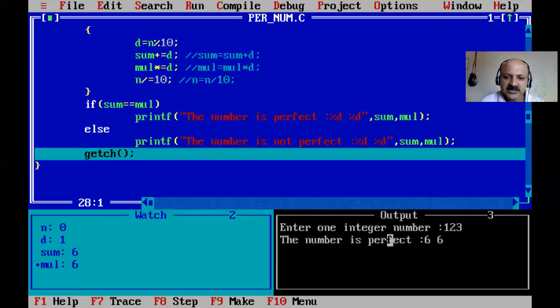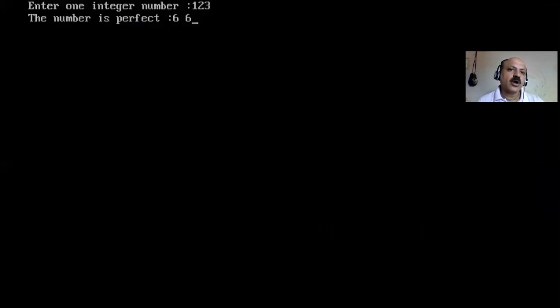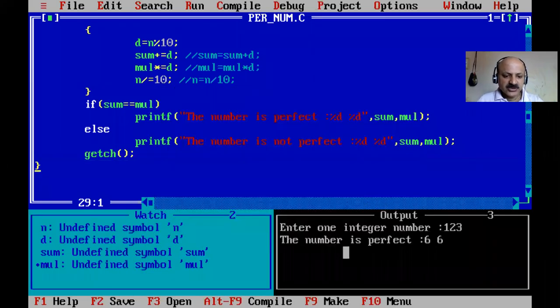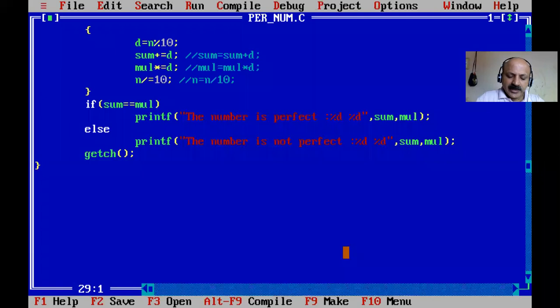Our output we can see before getch is executed. So here we can take the output print also. How to set the watch and the output window, and then F7, then your output is printed on the console screen. That blank screen is known as the console screen. The header file is conio, console input output. It is also called the mono screen. Now I press F9 again so that the selection is gone, and F5 for full screen, and